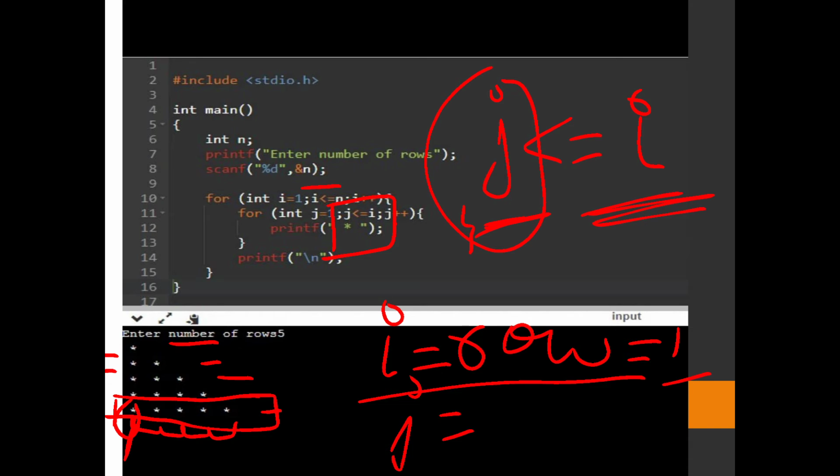We can't print 6 stars in the fifth row. We want 5 stars in the fifth row and 6 stars in the sixth row. This is how it checks the condition.